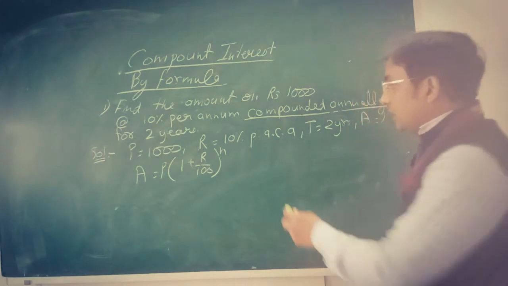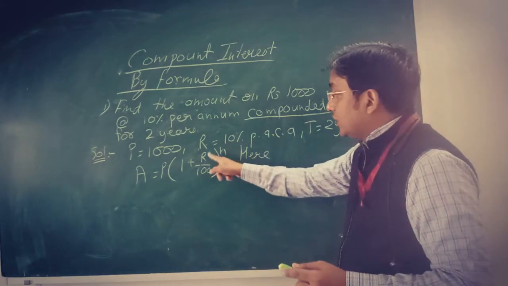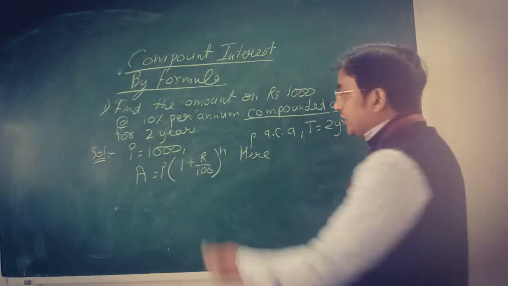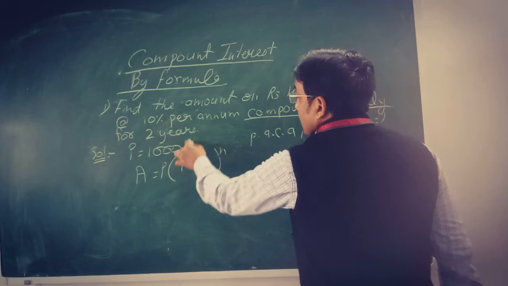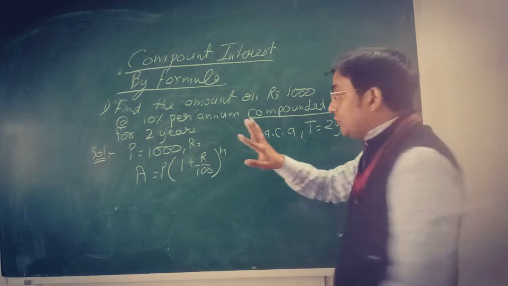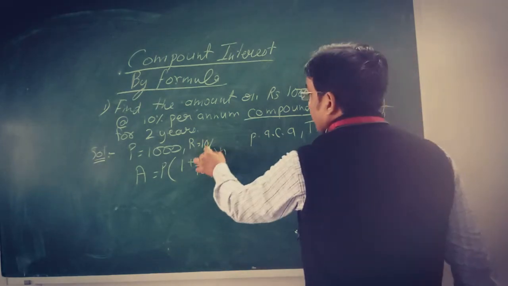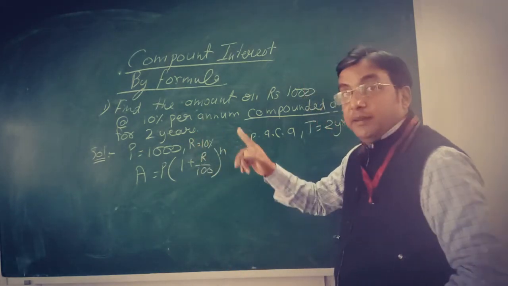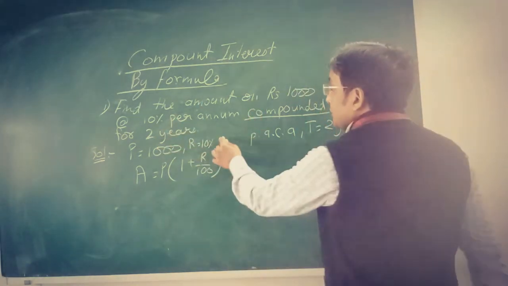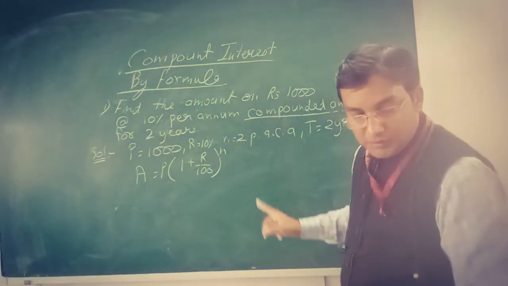Now we will write it down. Initially, you do not write the rate, because it may change. You can leave a space for it. Now, the rate is 10% per annum, and it is given annually only, so there will be no change. And n means the time interval. The time is 2 years, also given in years, so n will be 2. Remember, it is not 2 years, it is simply 2.